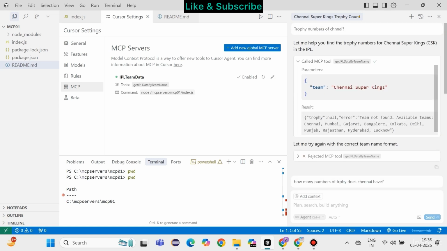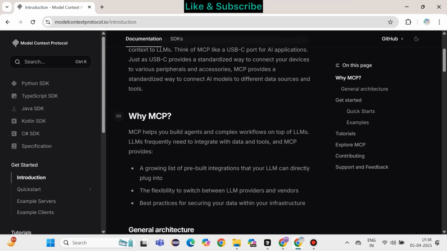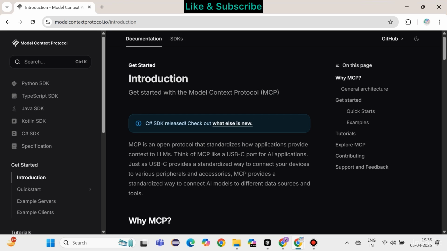Okay, so this is the basic example of how an MCP server will look like, and here you can easily add your LLM and all this kind of thing. So we'll talk about that, and we'll see how we can build this. Before that, we should know what MCP is, right? So here we come. This is the official website of Model Context Protocol.io, and this has been built by Anthropic,